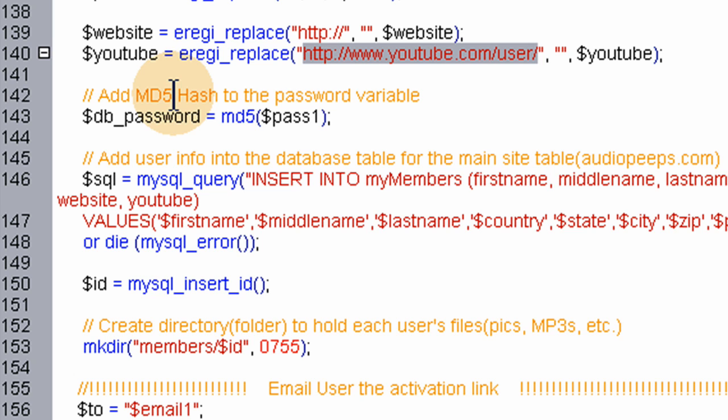I just happen to use MD5. It makes a nice hash that I like. And what that does is it takes the user password and hashes it into an unreadable serial, about 20 to 30 characters long, something like that. And it's all jumbled up, not humanly readable. You can't